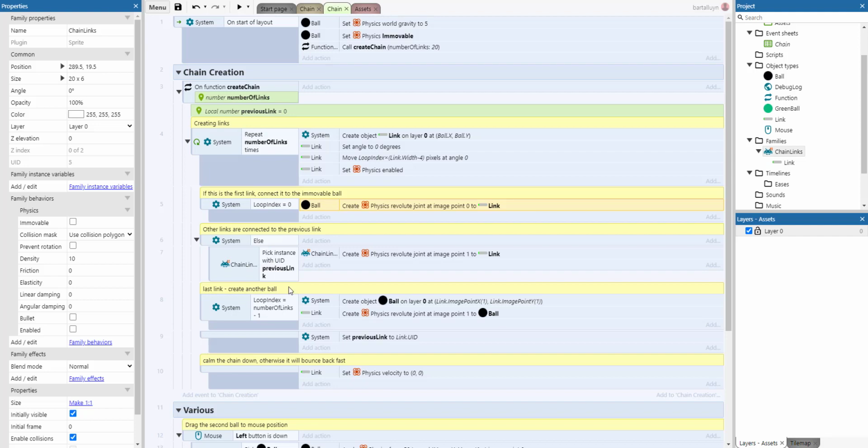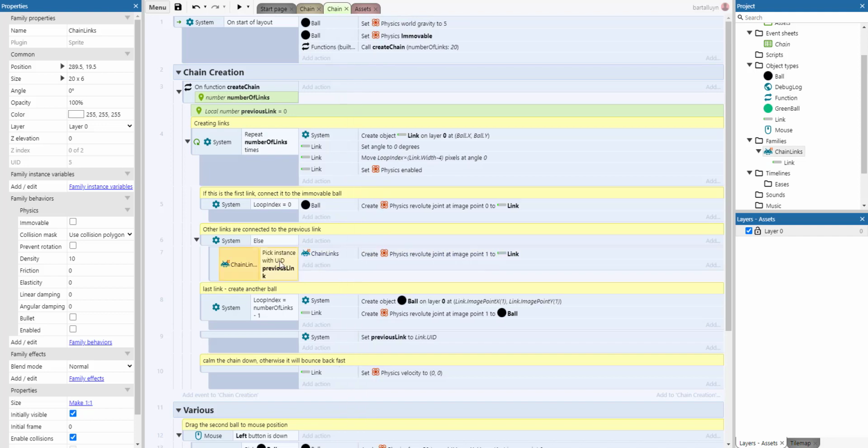The previous chain link is actually something we set here at the end of the loop. We save the unique ID of the link in a variable called previous link. This is the definition of the variable. And here we pick it. And why don't we use link? That's because otherwise we cannot do this action. We can't say link to another link, because Construct doesn't know which link to link to which link, this link which is being picked here or the one which is created here. So we actually pick the chain link with that UID we just saved in the repeat loop before that,